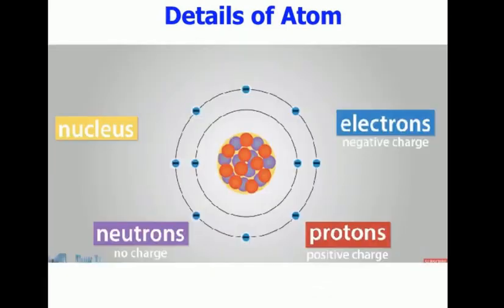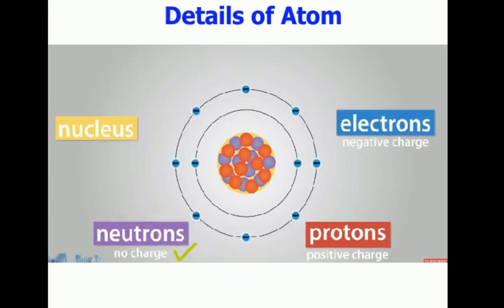This is what is called the details of an atom. The central core part of the atom is generally made of neutrons and protons. Here the color codings are given: this is the purple color, this is the red color, and the blue color. So purple colors are neutrons, which are